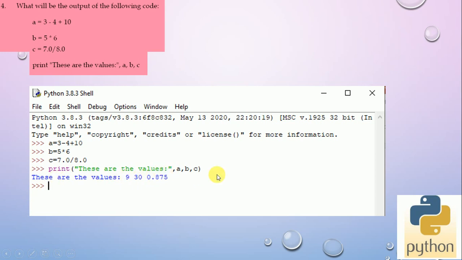Then print these values so that we can obtain whatever value is assigned in A, B and C after performing these operations. It's clear? We did all these things in the interactive mode.